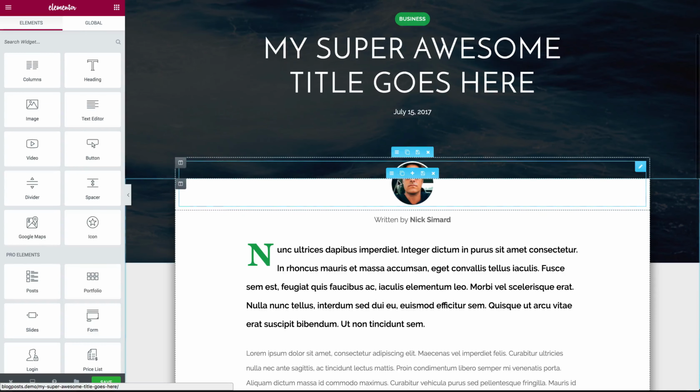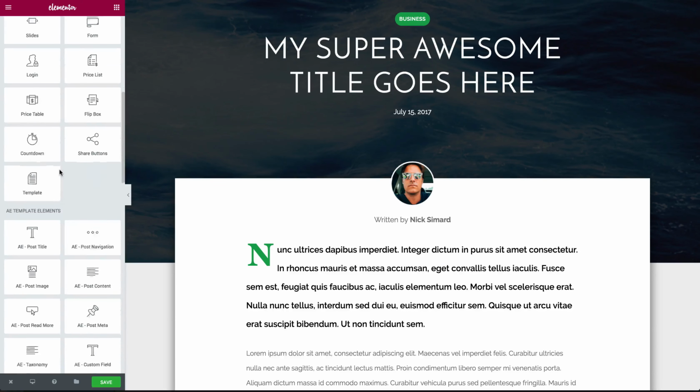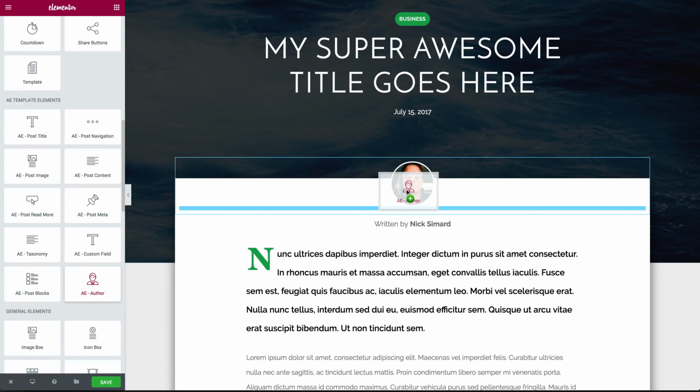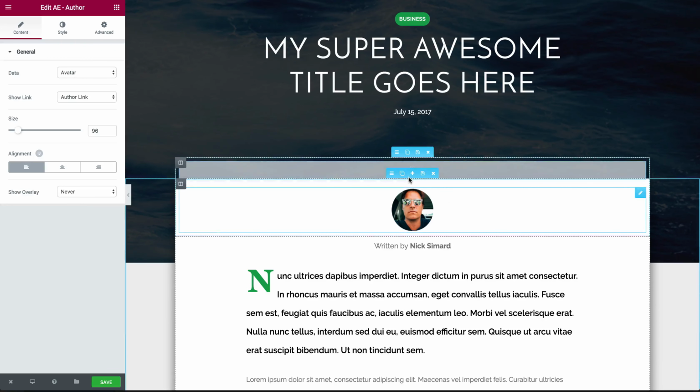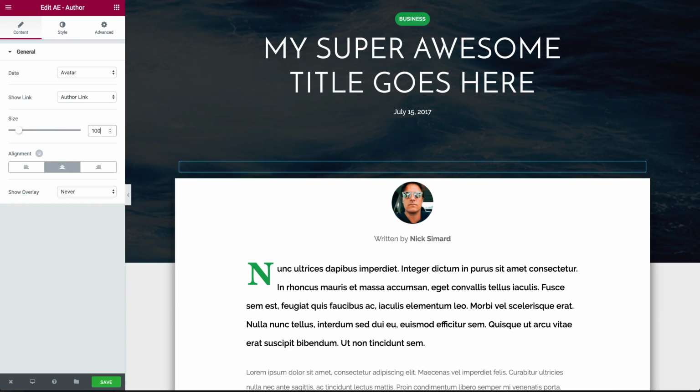Okay, so now moving down to the post content itself. This was just an image that I had inserted, but let's go get the author's avatar, and we'll drag the author widget over here. As you can see, mine pops up automatically. Let's center that, make it a little bit bigger,